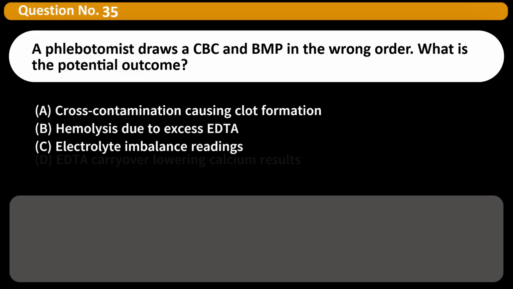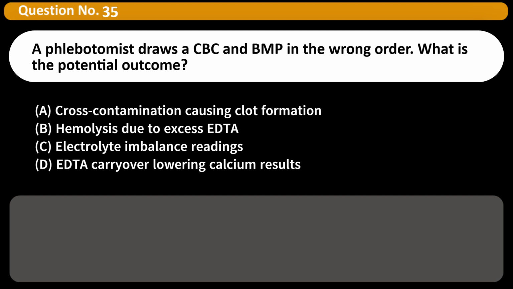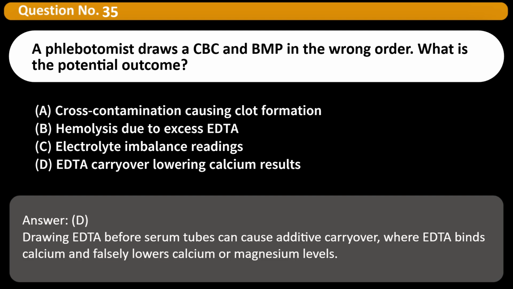readings. A phlebotomist draws a CBC and BMP in the wrong order. What is the potential outcome? A. Cross-contamination causing clot formation. B. Hemolysis due to excess EDTA. C. Electrolyte imbalance readings. D. EDTA carryover lowering calcium results. Answer: D. Drawing EDTA before serum tubes can cause additive carryover, where EDTA binds calcium and falsely lowers calcium or